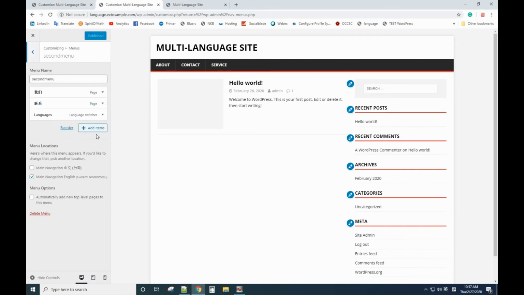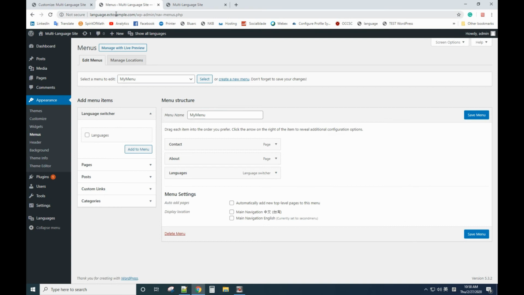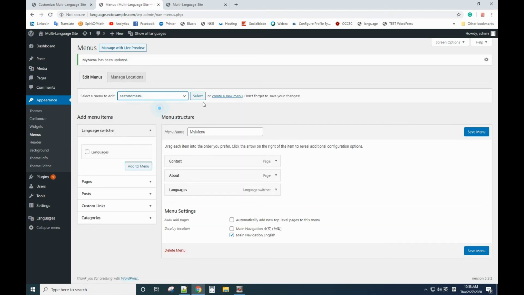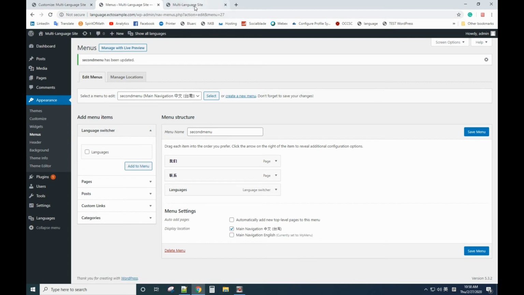Second menu. It's all set up, but why I didn't see the language switch over here. So, here, you need to check. This one is my English menu bar. Okay, save it. And when you go back to the second menu bar, you need to set it to the different language. At this time,